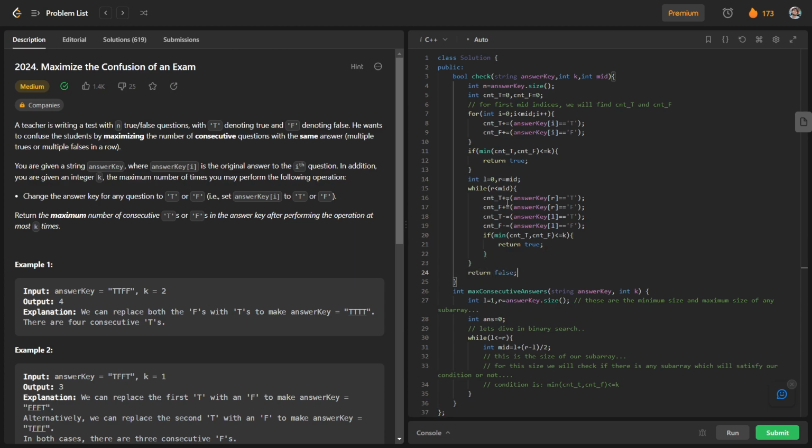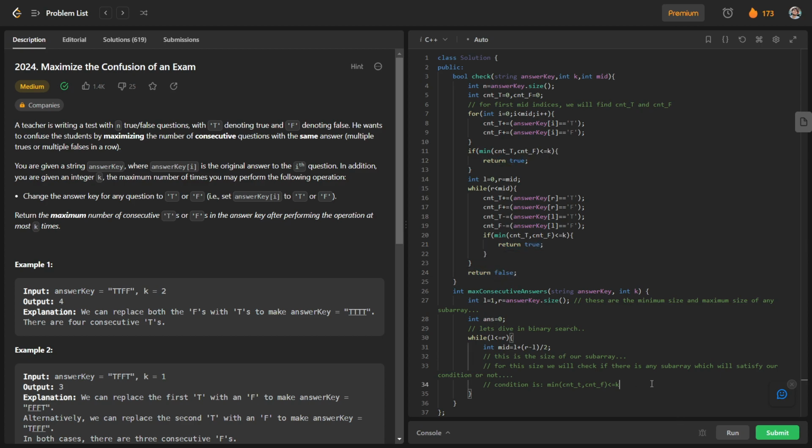Okay, so this is our boolean function which will check, for a particular size mid, whether there is a subarray of this size which satisfies the condition that the minimum of count t and count f is less than or equal to k. If this condition is satisfied at any subarray of size mid, we return true. Otherwise we return false.